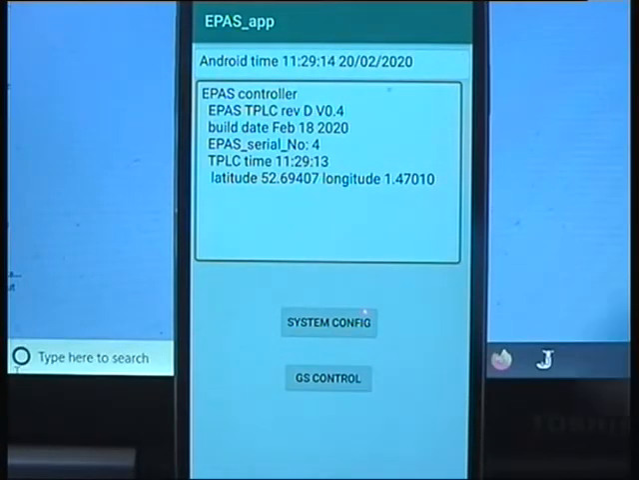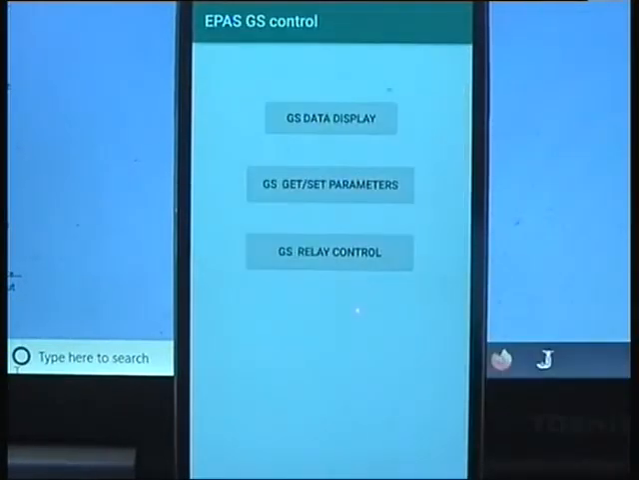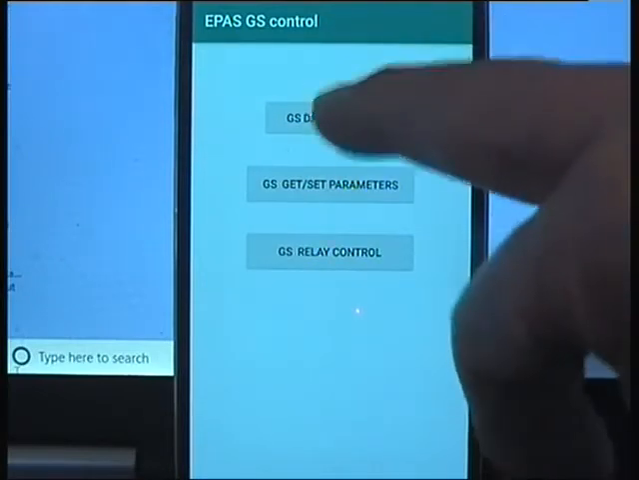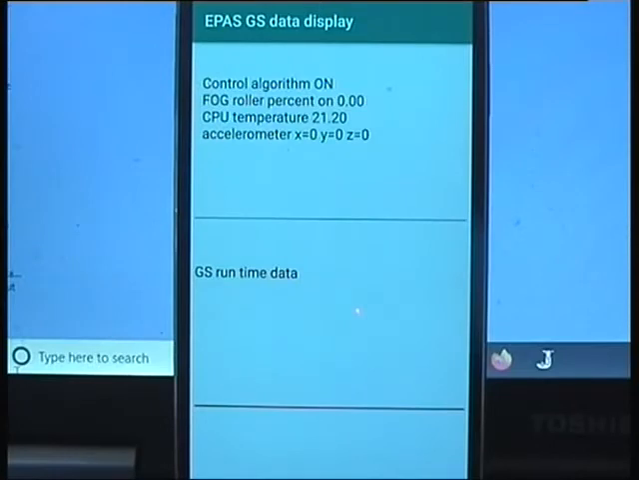If we go into the GS control, we can see three buttons. If we go to GS Data Display, we see parameters showing the CPU temperature and the accelerometer values. Because an accelerometer isn't fitted to the TPLC relay, those are zeros. If I switch on the controller,